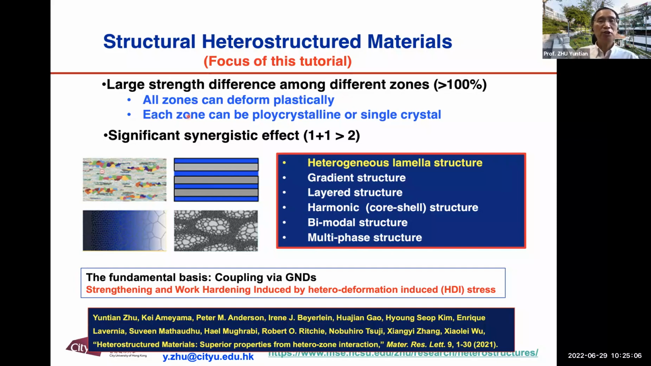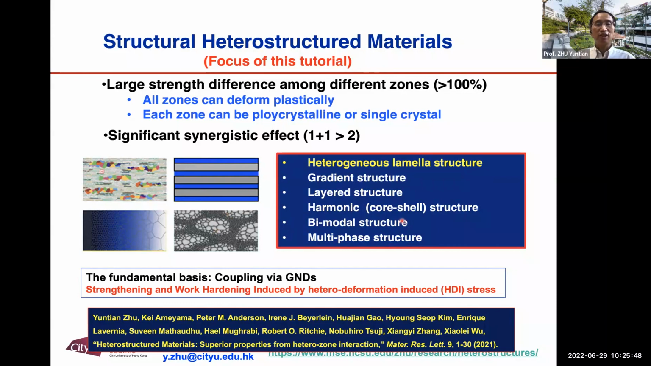The second one is each zone can be polycrystalline or single crystalline. And I'll show you more of that later. Of course, it needs to have significant synergistic effect, 1 + 1 greater than 2. I'll show you that effect later also. According to this definition, we have these few types of materials which have been reported in the literature, like a heterogeneous lamellar structure, this one, gradient structure, this cartoon, harmonic structure, this one, bimodal structure, and multi-phase